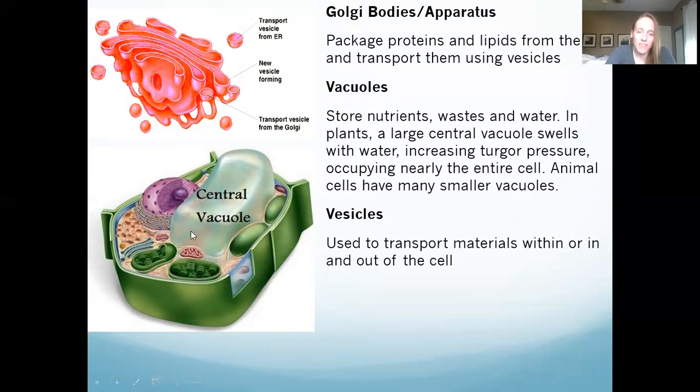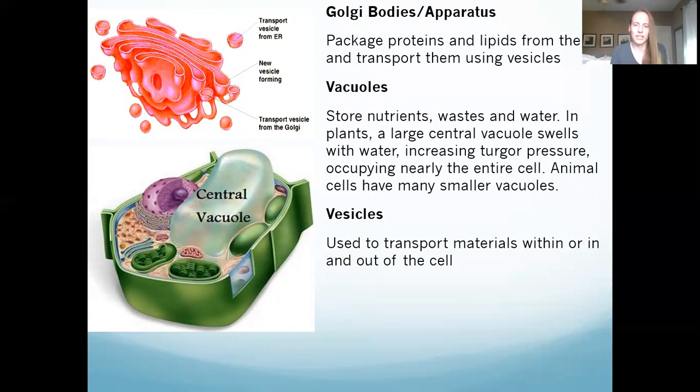Vacuoles are very large inside of plant cells. They're much larger in plant cells than in animal cells. They do exist in both. They store nutrients, waste, and most importantly, water. In plants, that really large vacuole is super important because it can fill with water, and as the vacuole fills with water, it swells and puts pressure, pushing outward on the cell wall. That results in something we call turgor pressure, which is essentially a water pressure that makes the entire